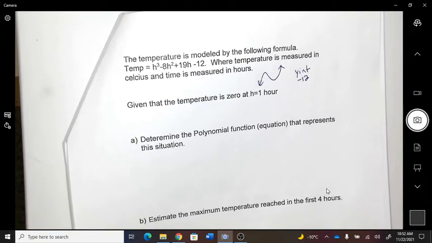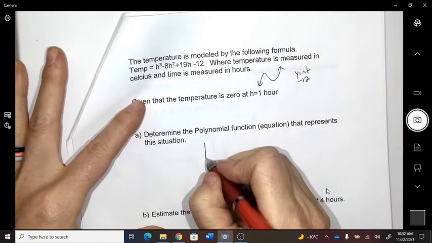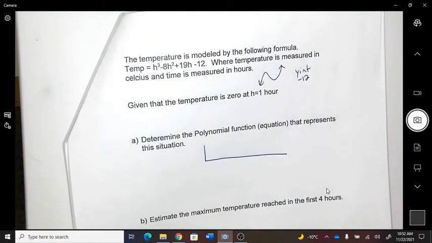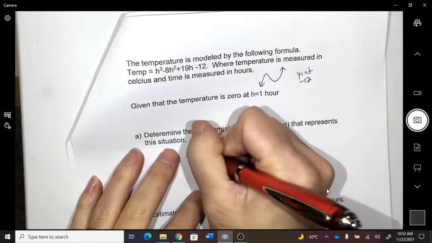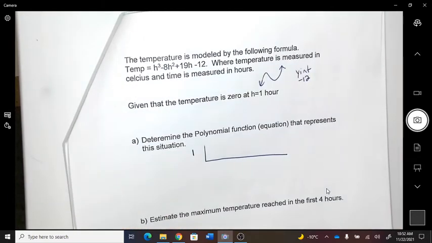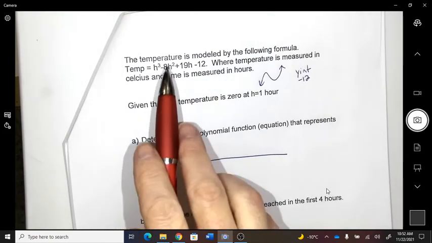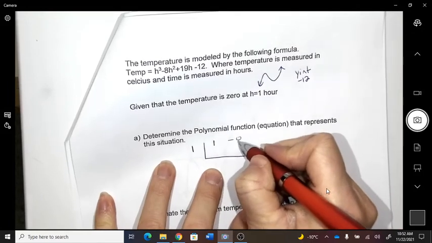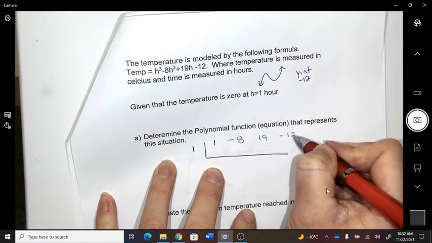Determine the polynomial. So I'm going to start with a division. We were told that there's an x-intercept at 1. So we're dividing. Looking at my polynomial, do I have any gaps? Nope. So I'm going to write